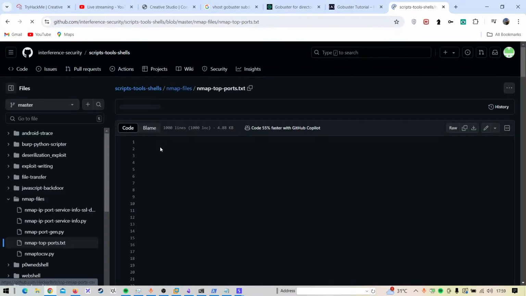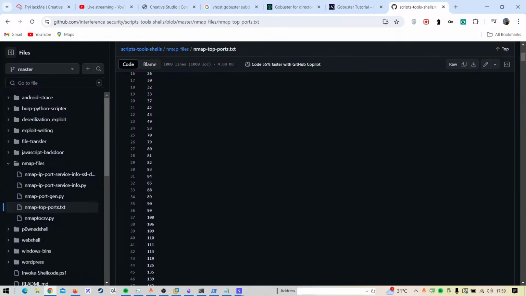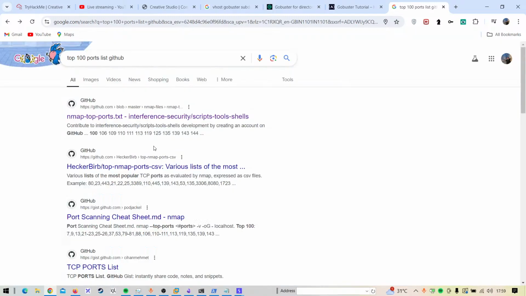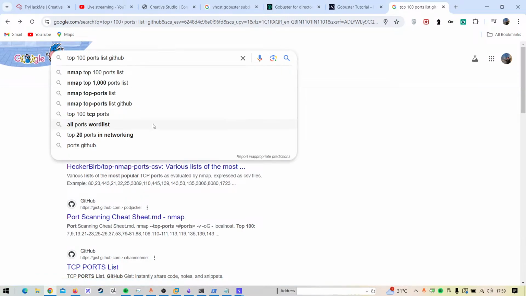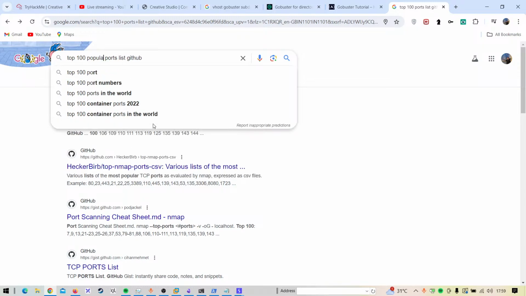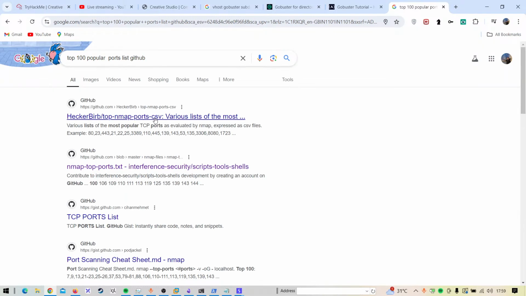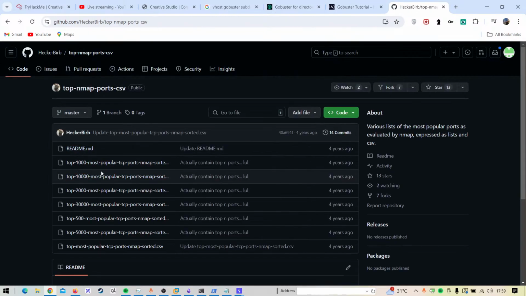And my top port. Okay, let's use this. Why is there one on a top port? This is not what I want, right? This is just top. Let's say popular port. Yeah, this is good. Top 1,000,